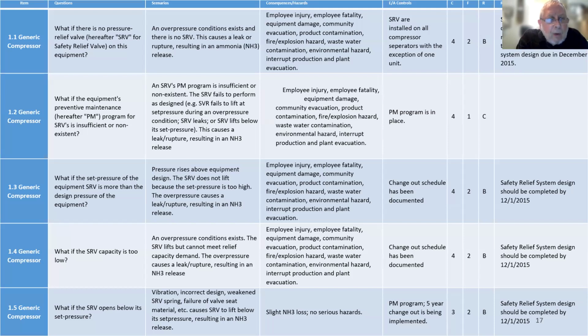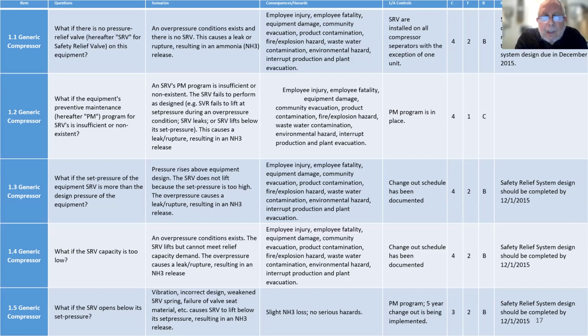Look at 1.1, generic compressor. In other words, this whole section is about generic compressors. What if there is no pressure relief valve or safety relief valve, SRV, on this equipment? And the scenario is an overpressure condition exists and there's no SRV, no safety relief valve. This causes a leak or rupture, resulting in an ammonia NH3 release. The chemical formula for ammonia is NH3 for anhydrous ammonia. Possible outcomes: employee injury, employee fatality, equipment damage, community evacuation, product contamination, fire explosion hazard, wastewater contamination, environmental hazard, interruption of